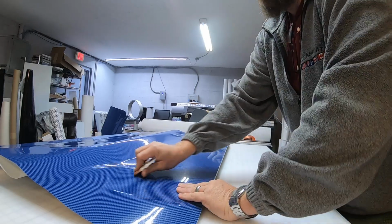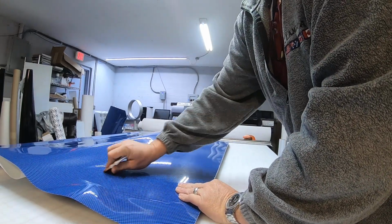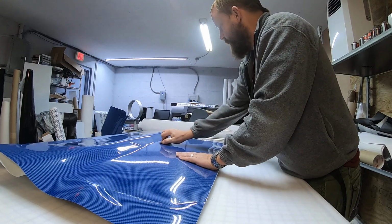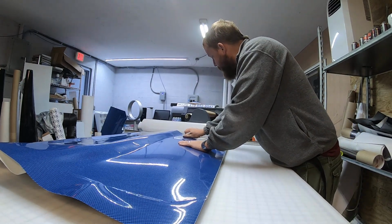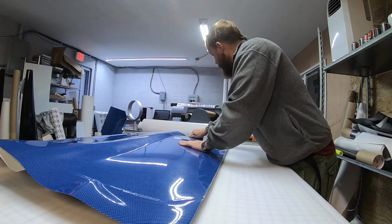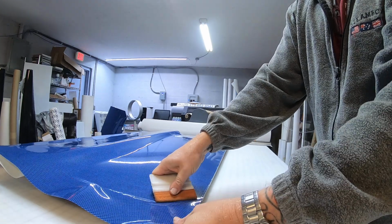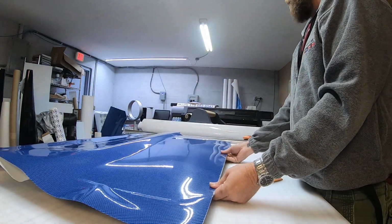And if it's a commercial work truck, there's no point in spending a bunch of money on a whole new paint job unless you're really trying to extend the life of that vehicle way beyond what it probably is going to get. Because a lot of the employees you're giving your trucks to, they don't care. They're just going to drive it, beat it up, and do whatever. This is a quick and easy way for us to go in there and wrap that hood and make it look good,